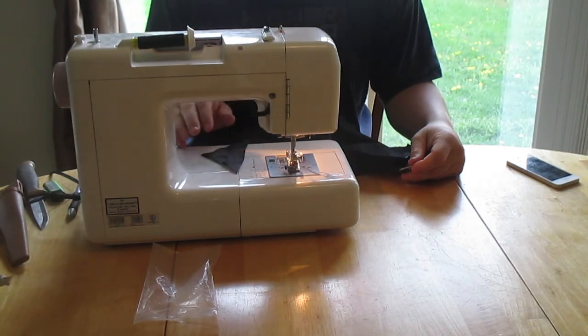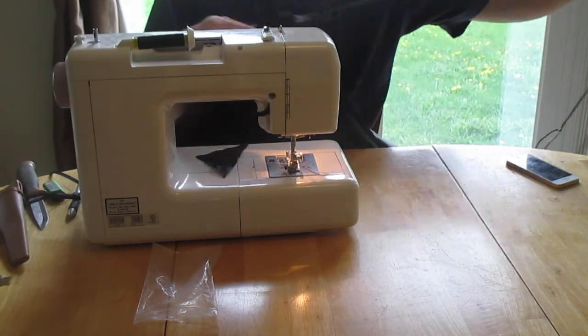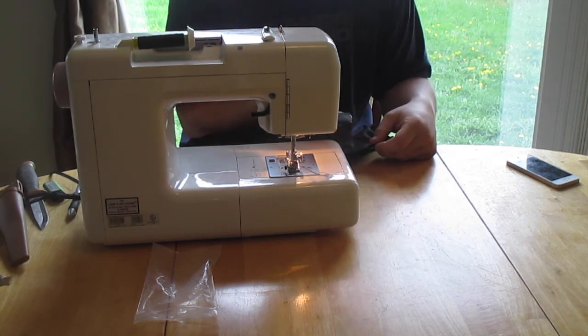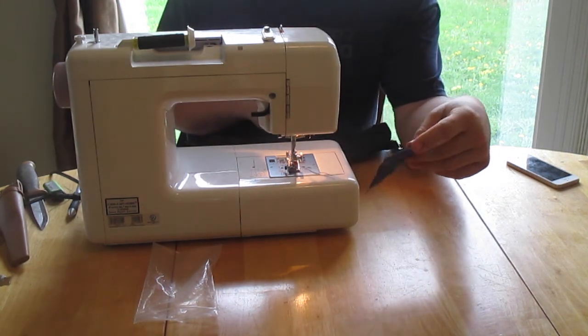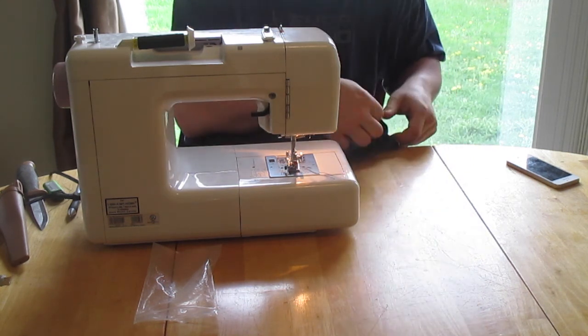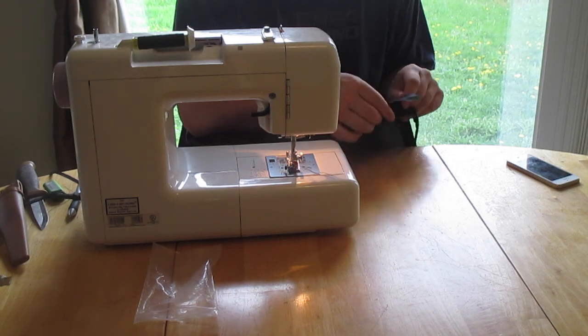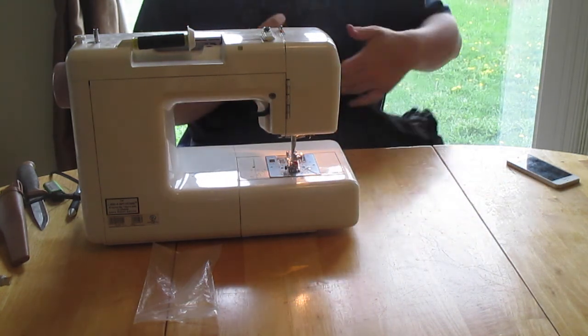This is one of the least fun parts of this project, attaching these corners. But what we need to do is take our triangle piece and find the right angle. That's going to go directly in our corner. We're going to line that up and we're going to sew